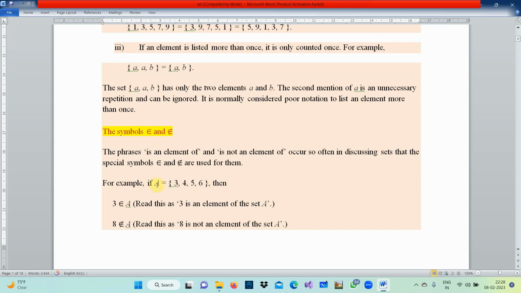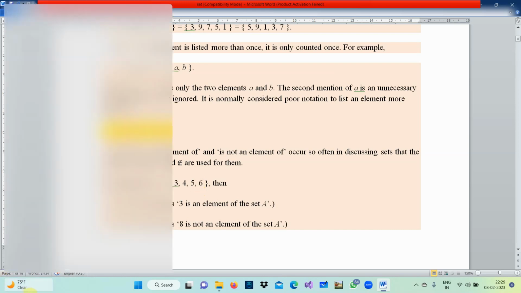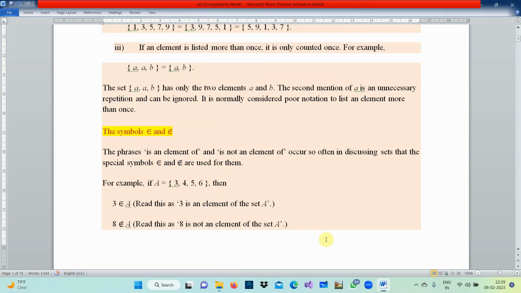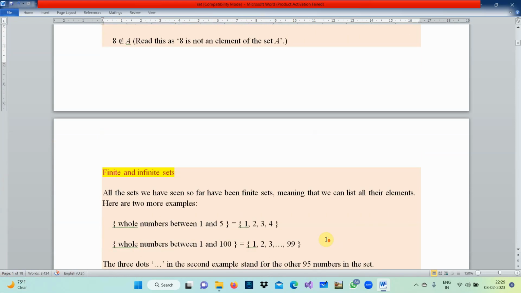The set is A. Say I say 3 is an element of A. Is it true or false? Yes, 3 is an element here, so it is true. But if I say 8 is not an element of A, is 8 there as an element? No, because the elements are 3, 4, 5 and 6. We write 8 is not an element of A. Is it clear? Now you have some idea about these symbols.